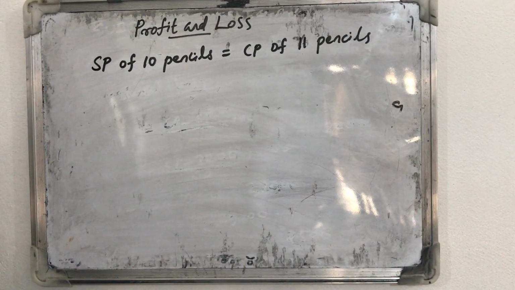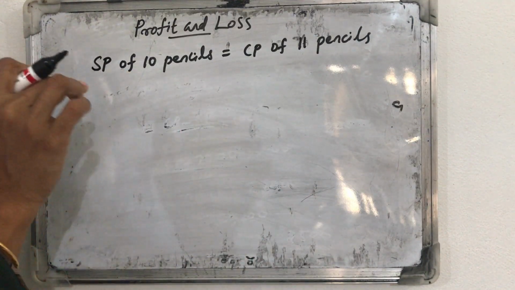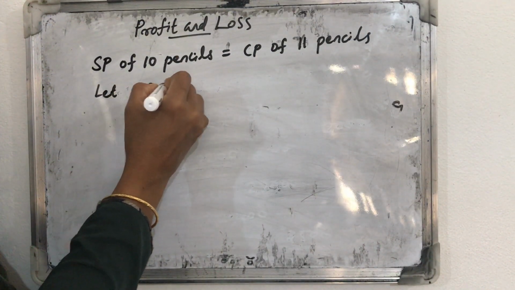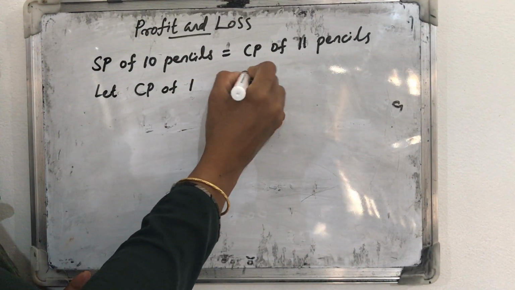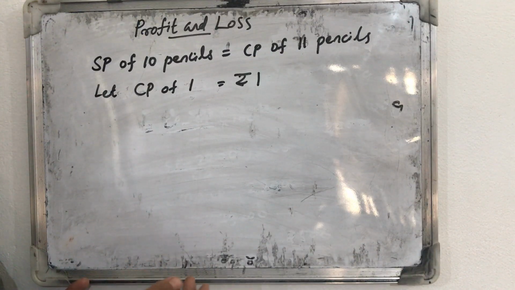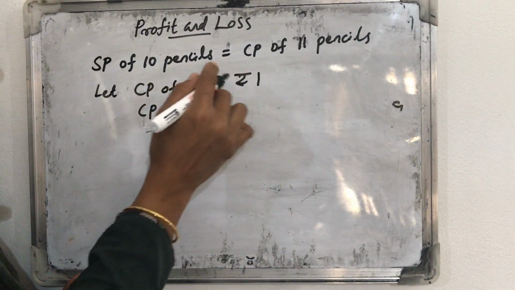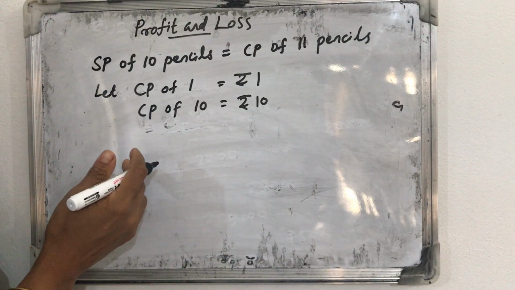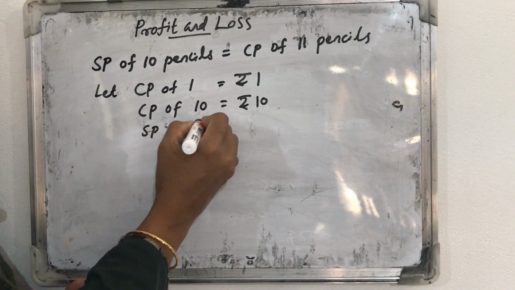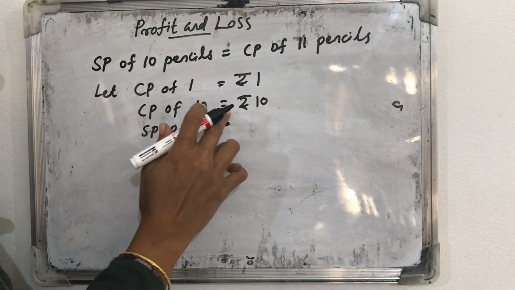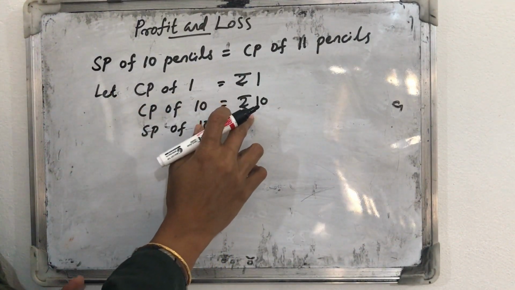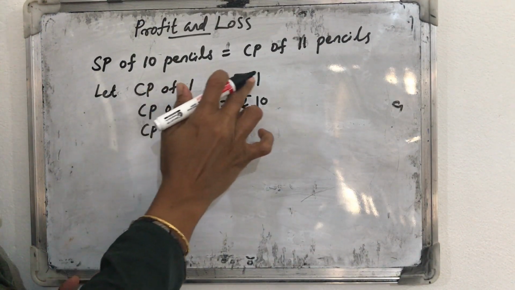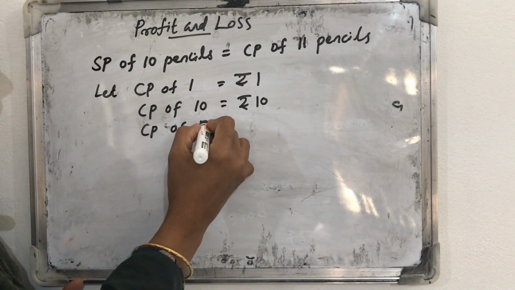So in this case, it is another type of question. Here we can let CP of 1 pencil be 1 rupee. Then what will be CP of 10 pencils? If CP of 1 pencil is 1 rupee, then CP of 10 pencils will be equal to 10 rupees. Then SP of 10 pencils will be equal to what? We can also find out CP of 11 pencils. If CP of 1 pencil is 1 rupee, then CP of 11 pencils will be